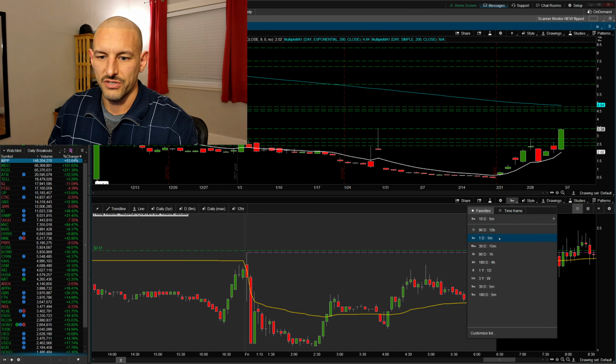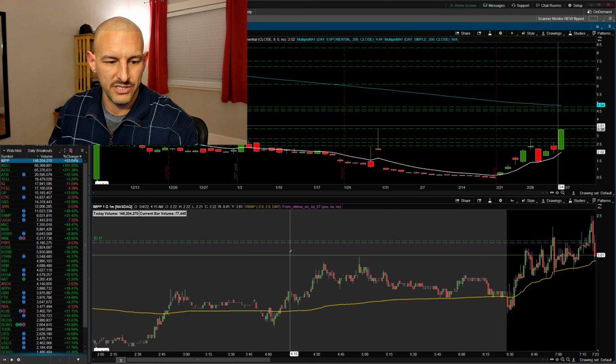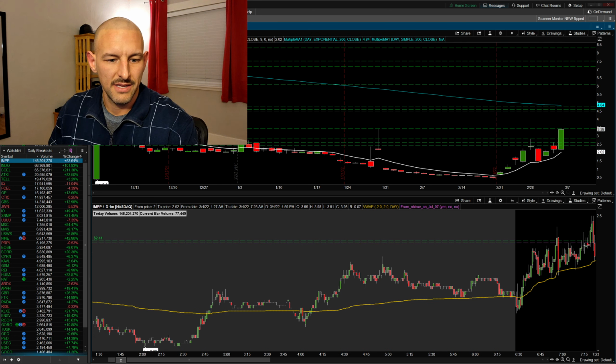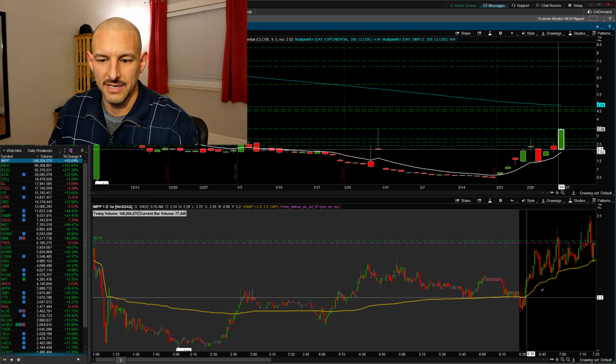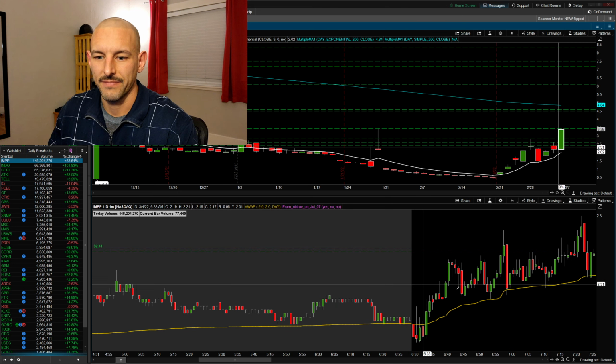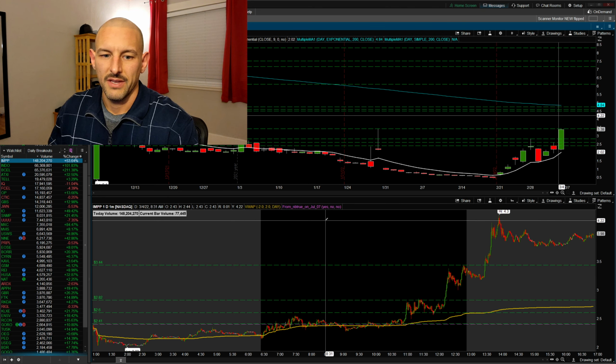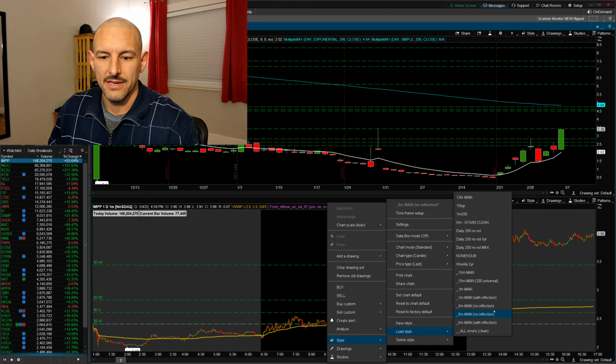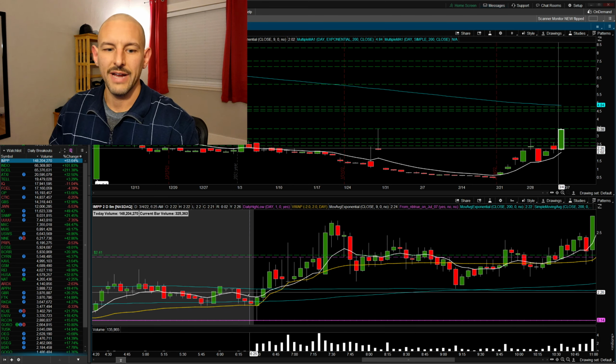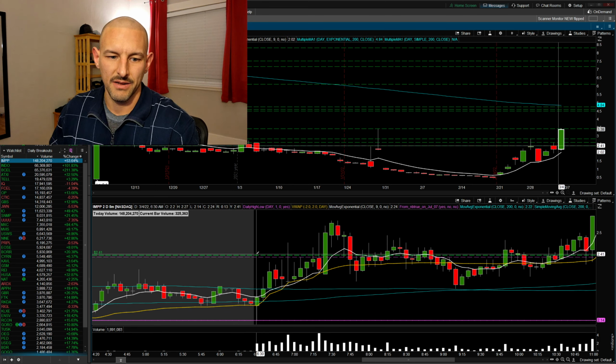Now if we change it to a 1-minute chart, it doesn't change. It stays the exact same thing. You can see how the stock bounced and it stayed exactly the same. It didn't change at all. Now if we added a moving average in here, you can see that the